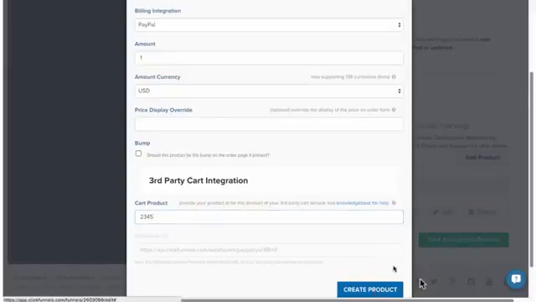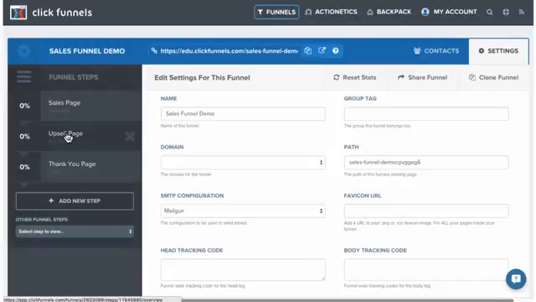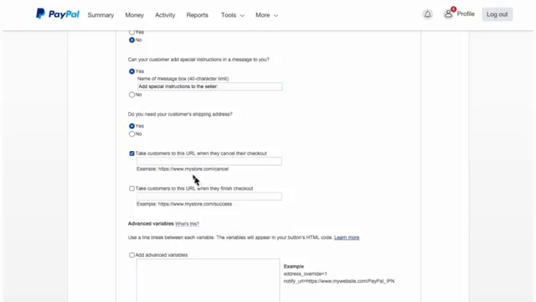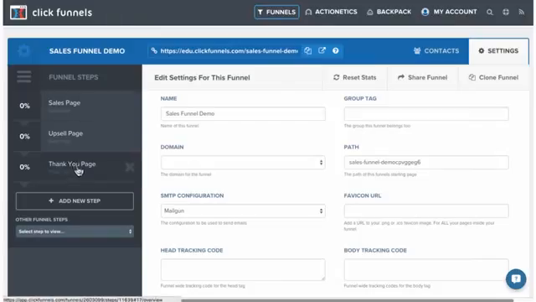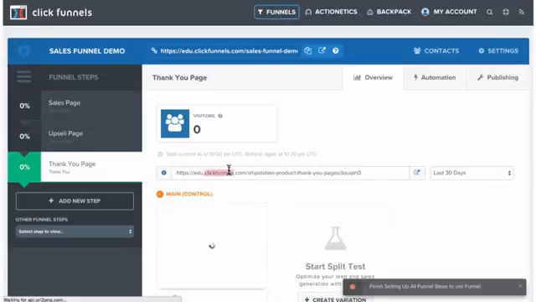Actually, let me just go ahead and create this product. I'm going to have to come back here. I'm going to want them to come back to the upsell page if they cancel. So I'm going to get this URL. And then I'm going to need to get my thank you page URL for when they finish the checkout. And that's going to be this one here. So I'm going to get this URL